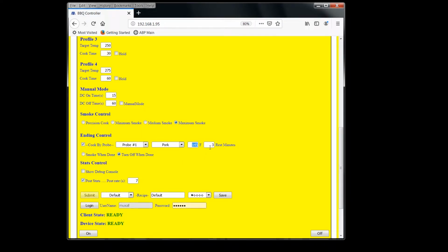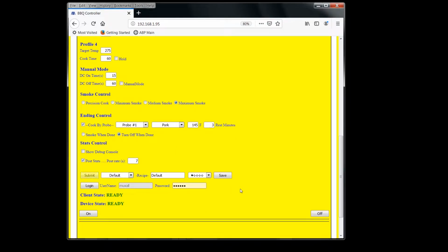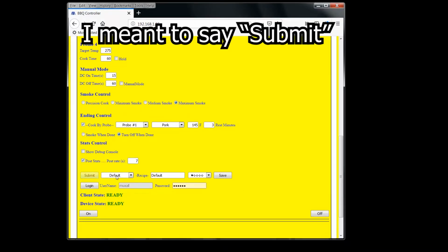And you can also come in here and manually change that if you want. These are just suggestions, using the FDA set, what is the recommended doneness for pork and beef and that sort of thing. And when the internal meat temperature reaches 145, we're just going to turn the grill off. You could have it go into smoke mode, sets it to about 180, and just sits there and puffs away. And that's about it. So I'm going to save this,